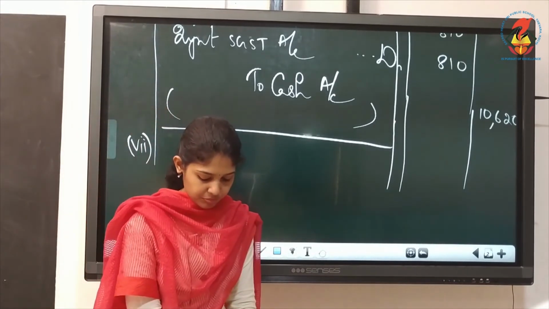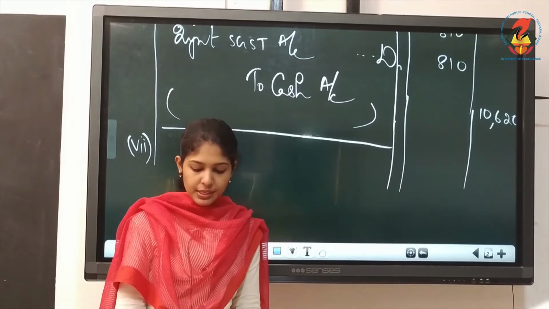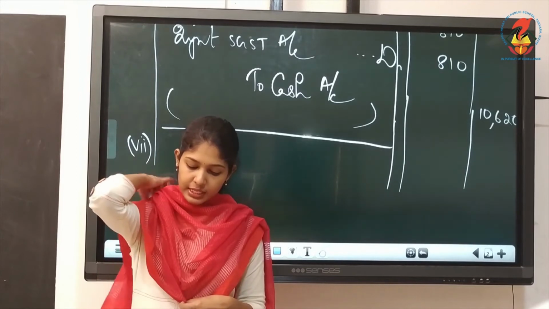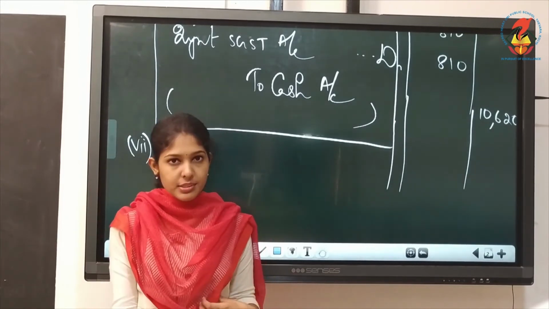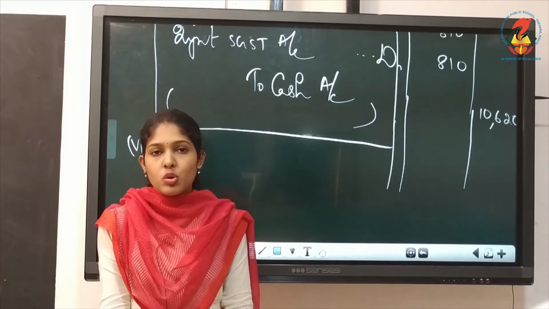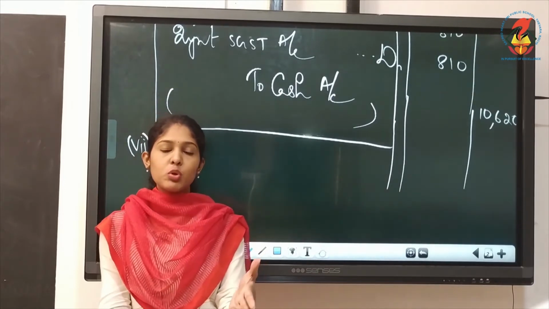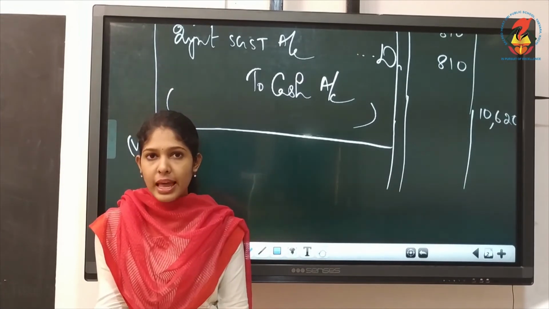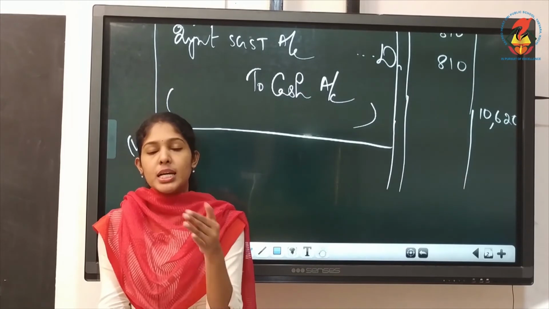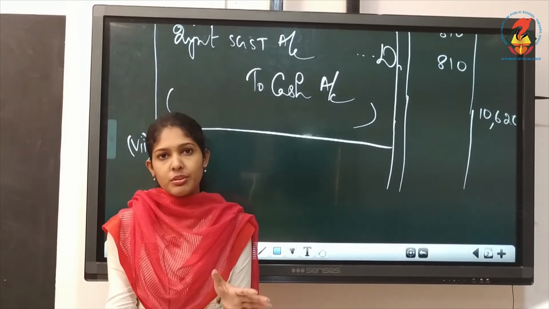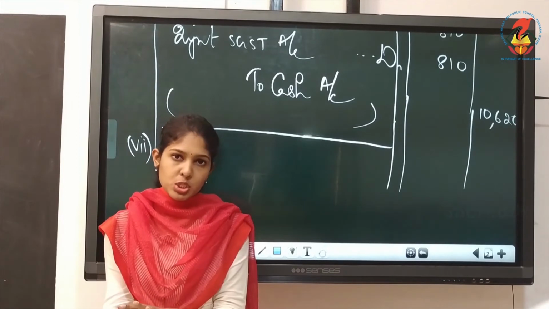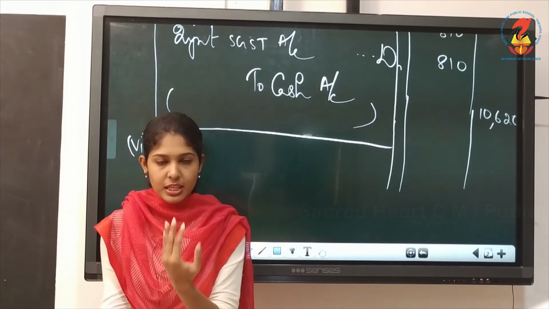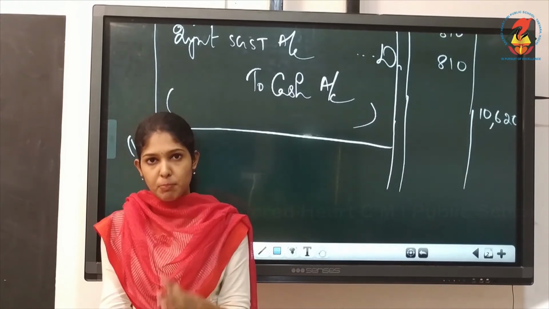That is, commission received 18,000 by check, not by cash, and GST is also there. Okay, now we are receiving commission and it is through check. So what you have to write, the basic entry would be bank account debtor to commission account. In this answer they have written like to commission received. That is not needed. You can write bank account debtor to commission. It's understood that when you credit commission, that means it's an income. We are getting that. So bank account debtor to commission, that's a basic entry.